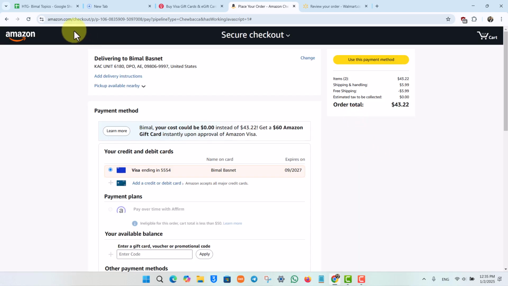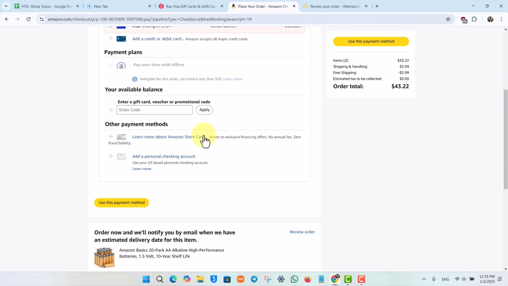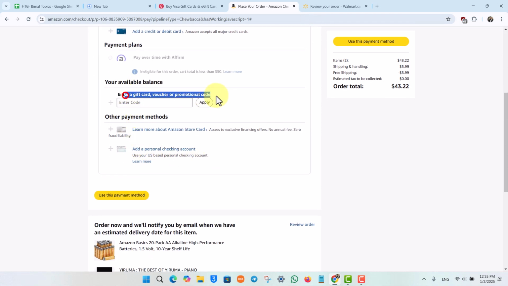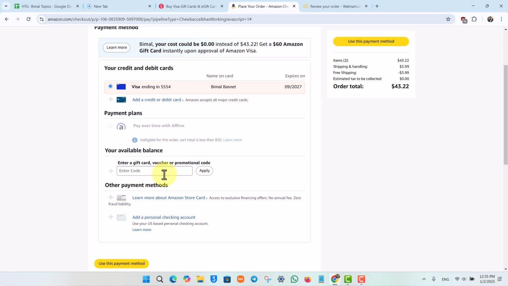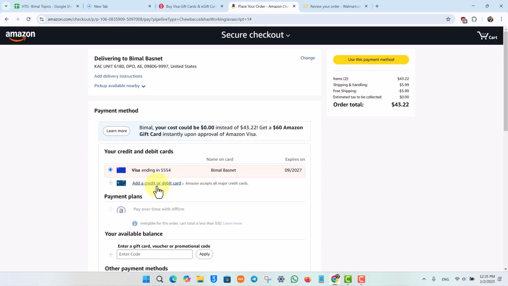Just remember that the website that you're trying to order from must accept Visa gift card, and you should not actually select the option called enter a gift card of that website, because this option is for the exclusive gift card of that website. So instead, if you have a vanilla gift card, you have to add it as a normal credit or debit card on the payment method of the website where they accept Visa gift card or Visa